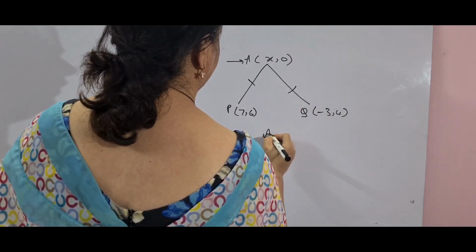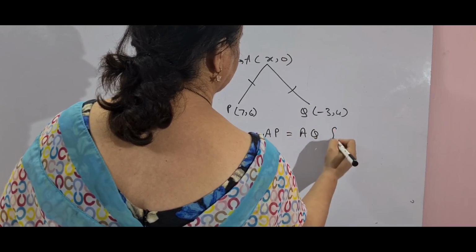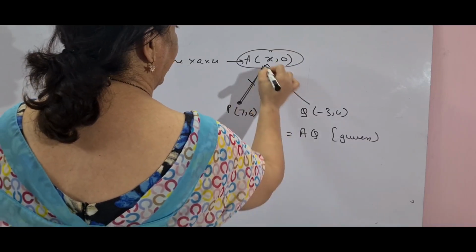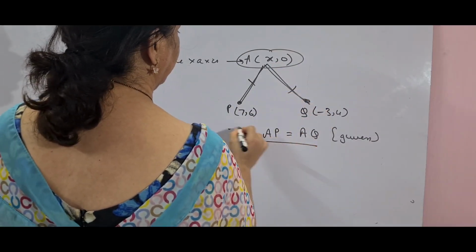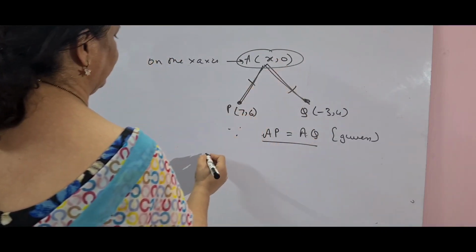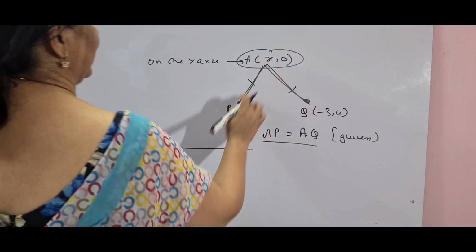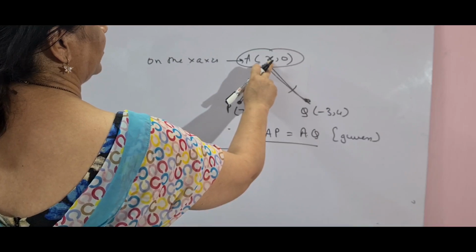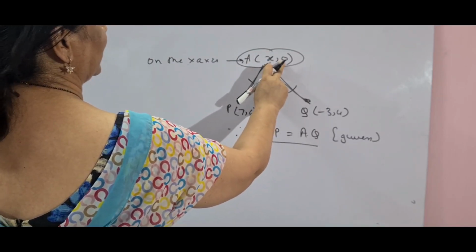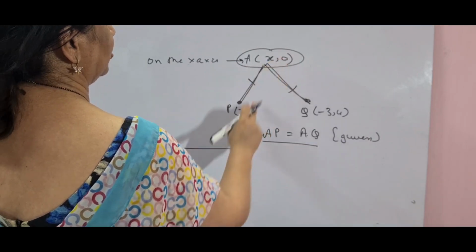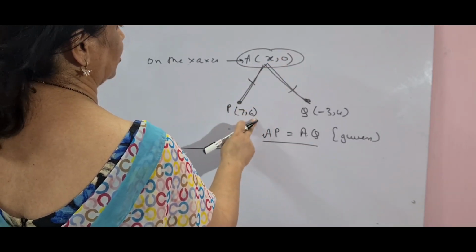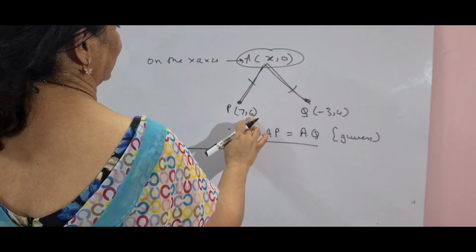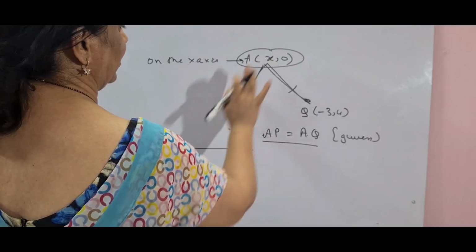They have given that AP is equal to AQ. This is given in the question. Equidistant means that the given point A is equidistant from point P as well as from point Q. So I am taking the condition AP equals AQ, then I will put the formula. See, children, you can do x minus 7 also, you can do 7 minus x also. Just remember that whatever element you take from point A, you take the same from the other point. It should not be that you take 7 minus x first and the second time 0 minus 6. No, if you take 7 first, then 6 also first. It does not matter whether you take (x, 0) as (x1, y1) or (7, 6) as (x1, y1). The only thing is you have to be very methodical in putting the formula.